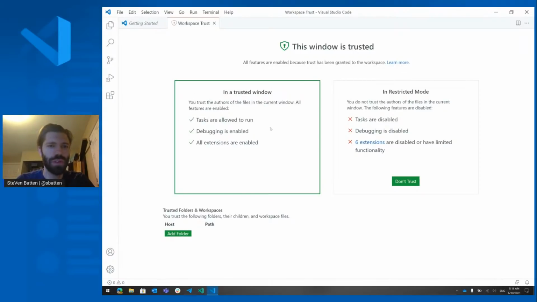One is the trusted window, workspace, or folder on the left, and that's what it's in right now, and that's why everything works as it does today. But then the other option here is the restricted mode, and that's the mode if you don't trust what you have open. And in that case, we can see this is an empty window which doesn't have a folder open,